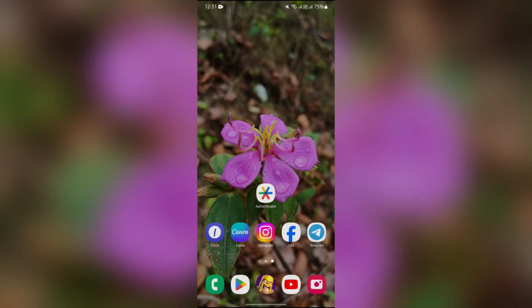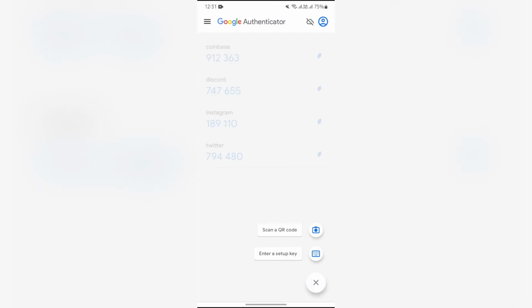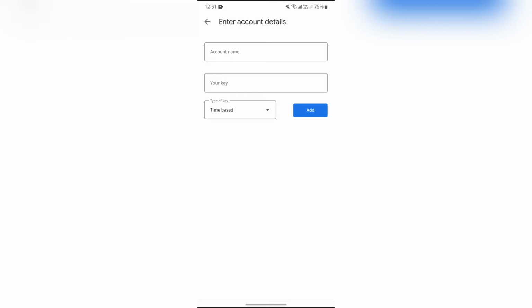Now, in order to use your Google Authenticator for Roblox, you just simply have to open this Authenticator application. And after opening Authenticator, you will get to see this plus button at the bottom right corner. Just simply tap into that button and then tap to this enter setup key or scan QR code option. I'm choosing enter security key option into here, and after selecting your suitable option, you just simply have to open